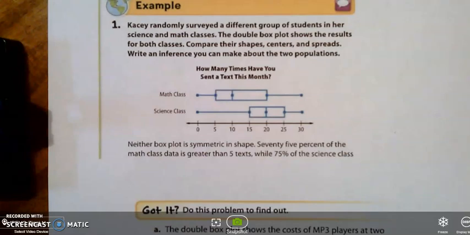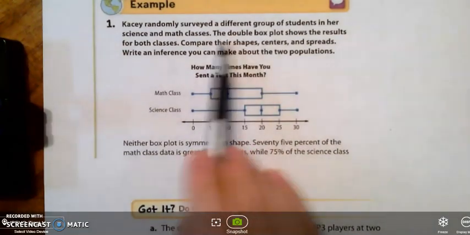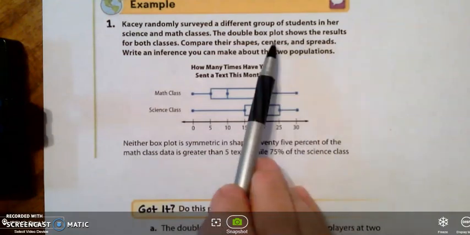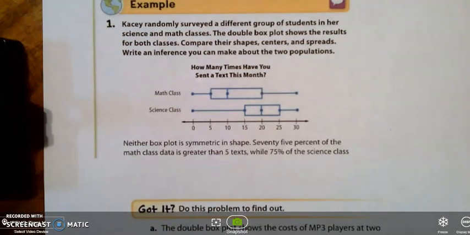Okay, so when we're looking at these, it's asking us to compare these several things. So remember, spread would be range, center would be like median, spread can also be IQR, shape would be, for instance, is it symmetric or is it not symmetric? Okay, so in this case,